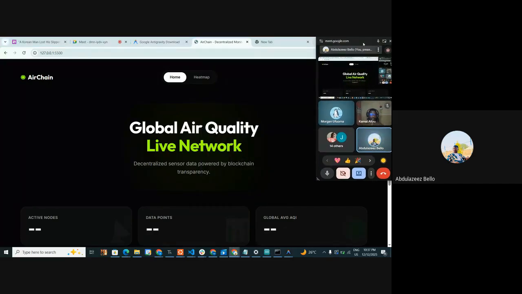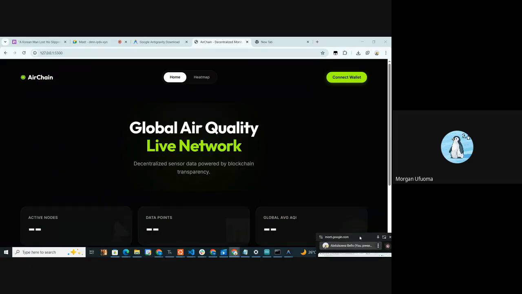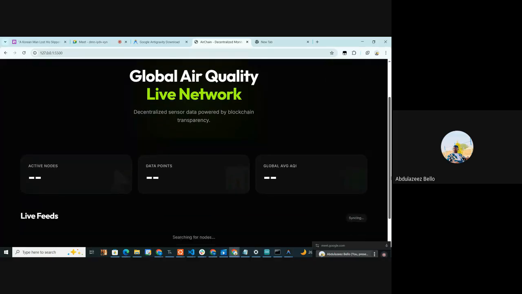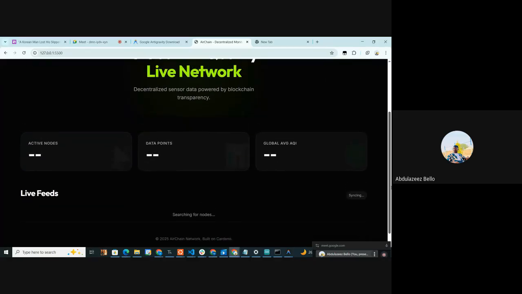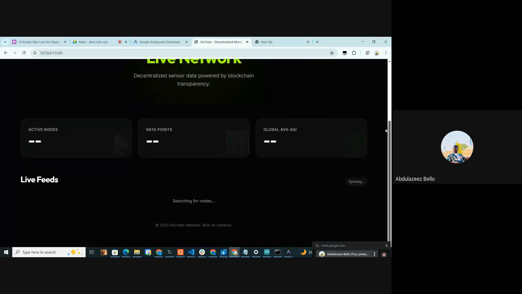So this is my actual hackathon project, the net quality sensing map and a data platform. This is a license of data powered by blockchain technology, built on Cardano.